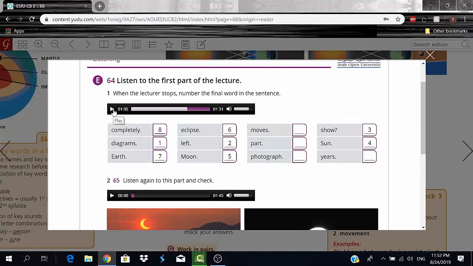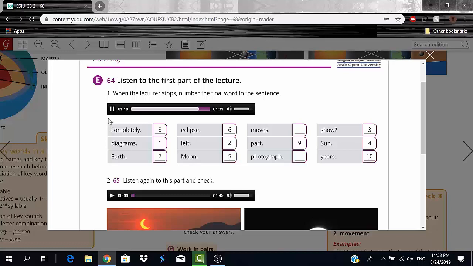We call this kind of eclipse partial, from the word part. So the word partial comes from the word part. Okay, so number 9 is part. 10. On average, total eclipses only happen once every 100 years, okay? Because I don't see anything else. No days, no months. So number 10 will be years, okay?